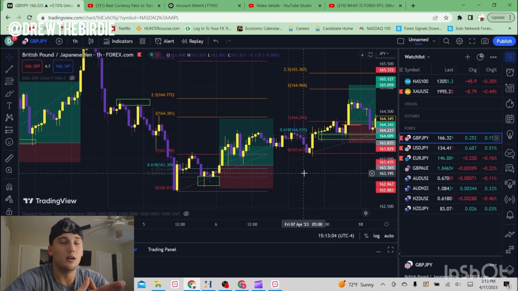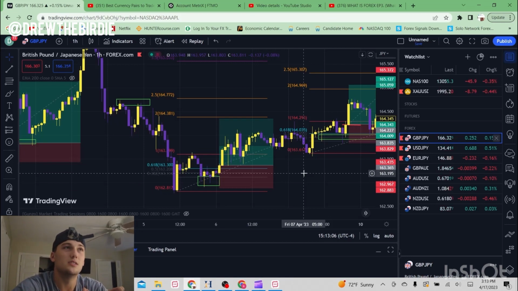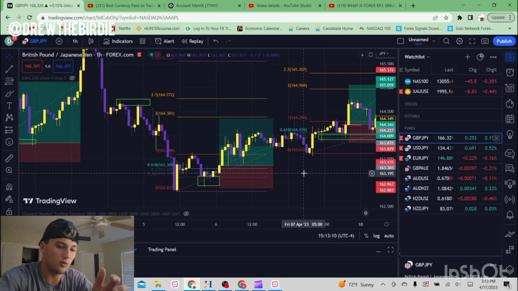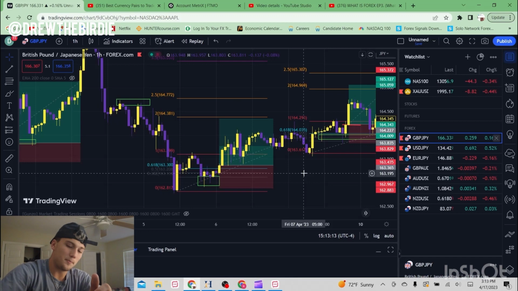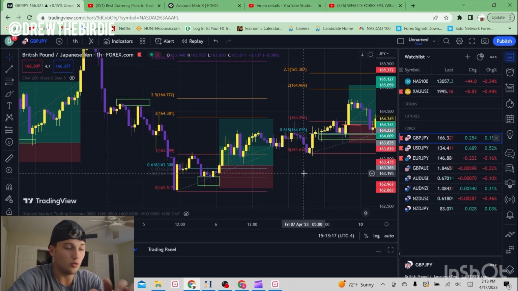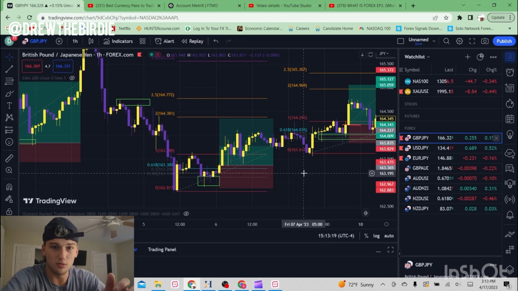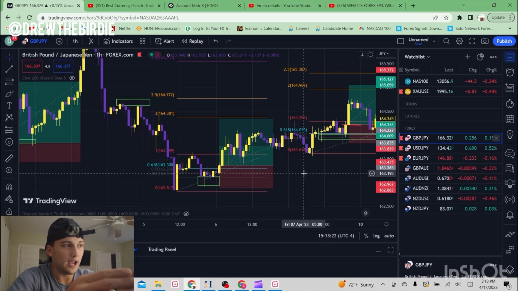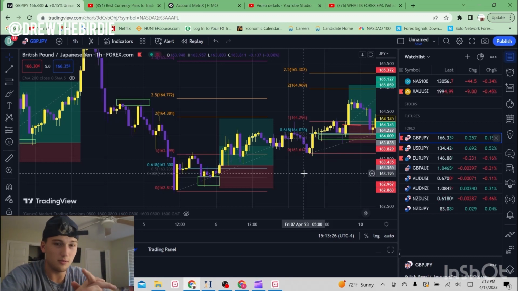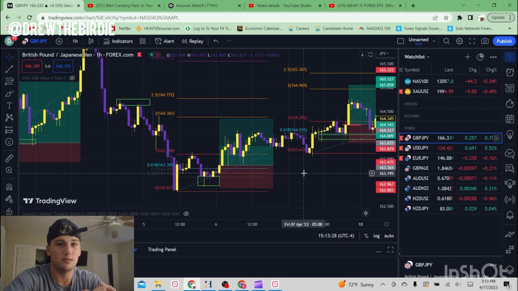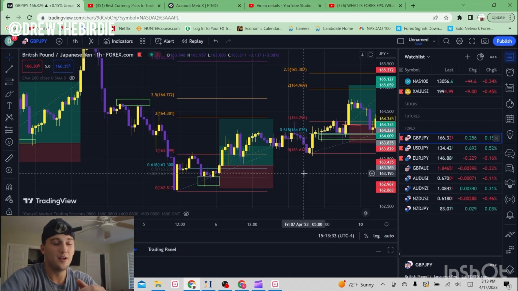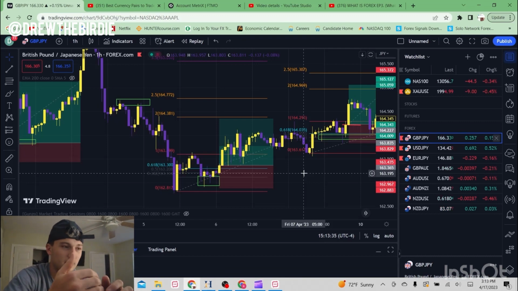Say that you have $10 in your account, and you're wanting to trade a 2-to-1 risk to reward ratio. So say that you would be risking $1 to win $2, right? And in this market, and in this whole entire industry, no matter what, you have a 50% chance of winning or losing, right? Because price either is going to go up or down. So say that you win half of the time,